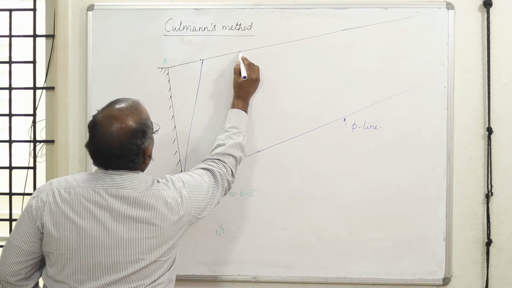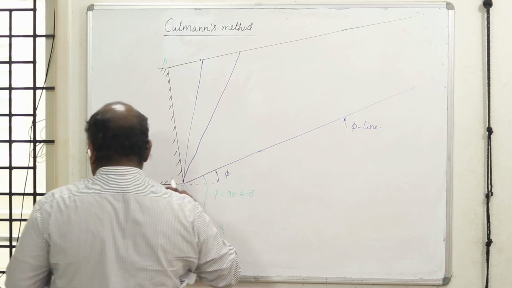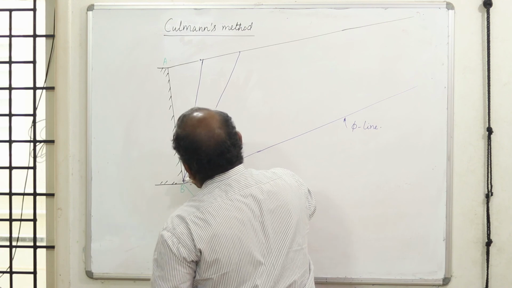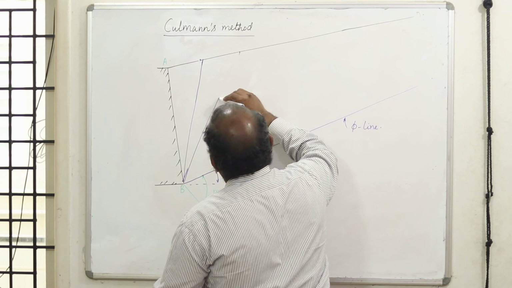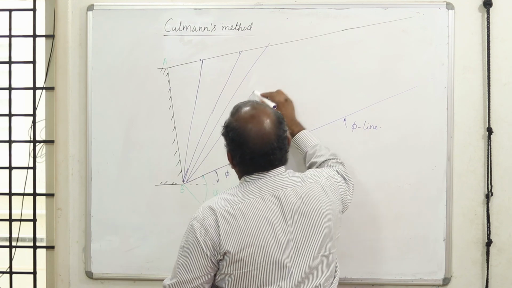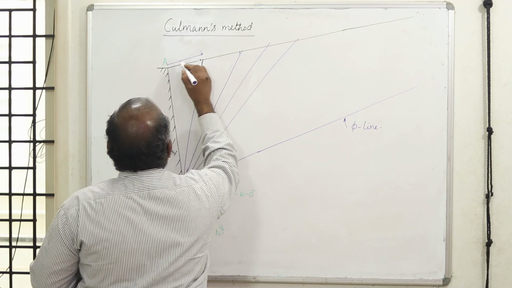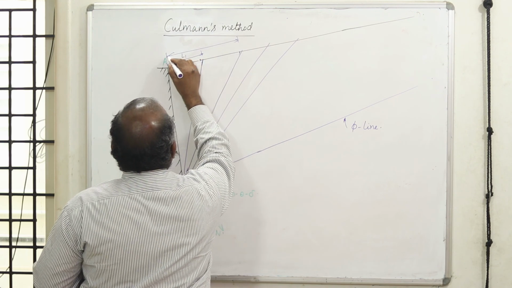I guess I can form wedges passing through the heel. Like this I take various wedges. Now let us say I have taken equidistant wedges at a distance L1, a distance L2,